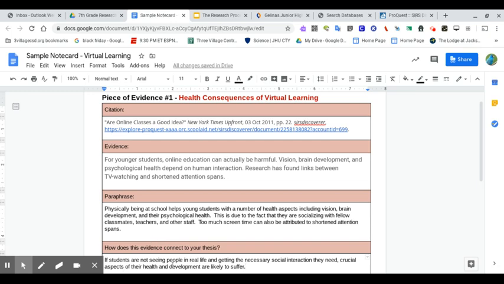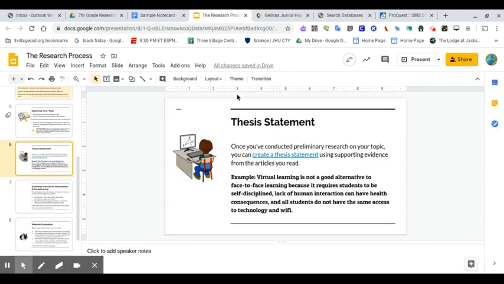So this last section here, it says, how does this evidence connect to your thesis? This is a question you should always be asking when you're looking for evidence, because if it doesn't support your thesis statement, then there really is no point in collecting that information. So I actually already have changed my thesis statement. Yesterday I had that struggling students suffer, but I actually changed my middle part of my thesis to